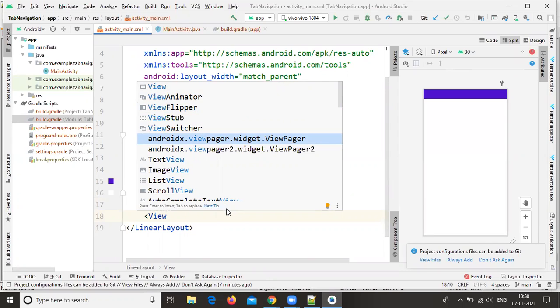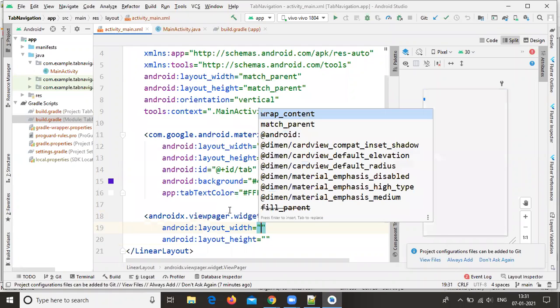ViewPager2 means it will swipe in the vertical formation. I don't want to implement the vertical formation, I'm implementing only the horizontal formation, so here I'm taking only view pager.